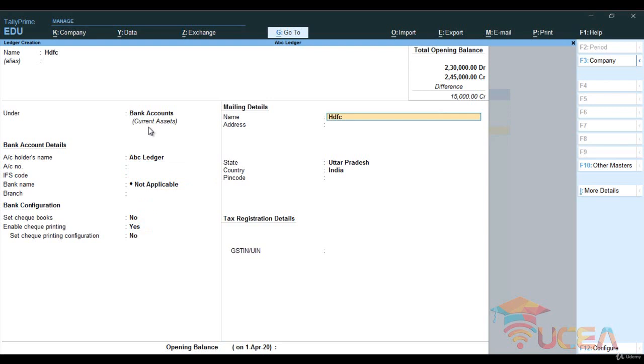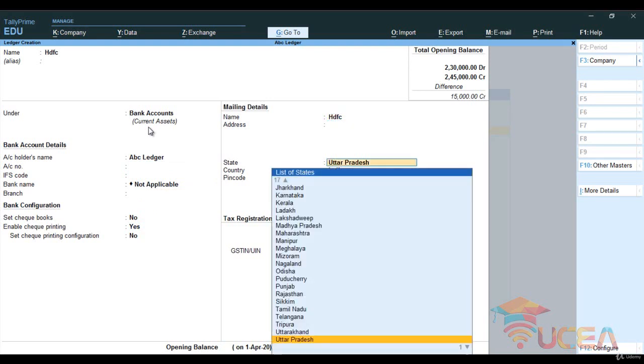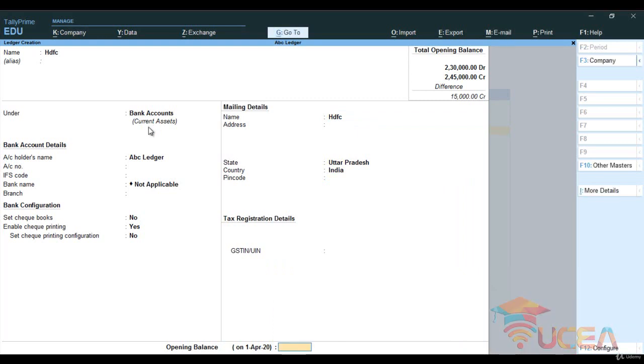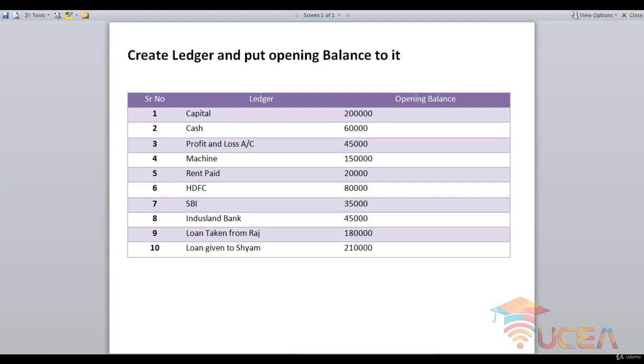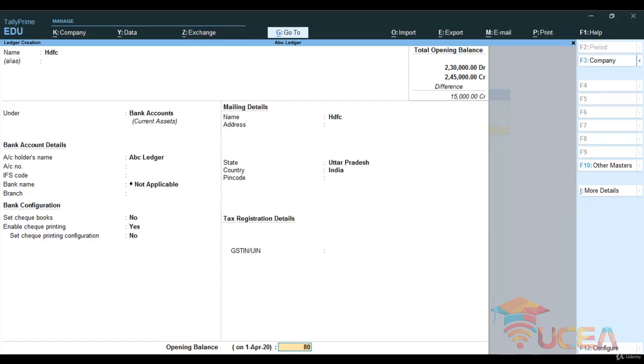In the normal scenario you will have to give the details over here, however it is not necessary. Now the opening balance we need to give. The opening balance I need to see once again, that is 80,000. So I'm giving 80,000 and save it.